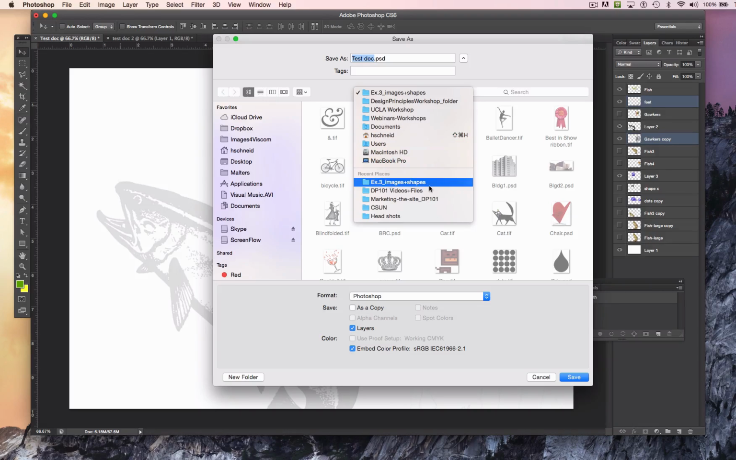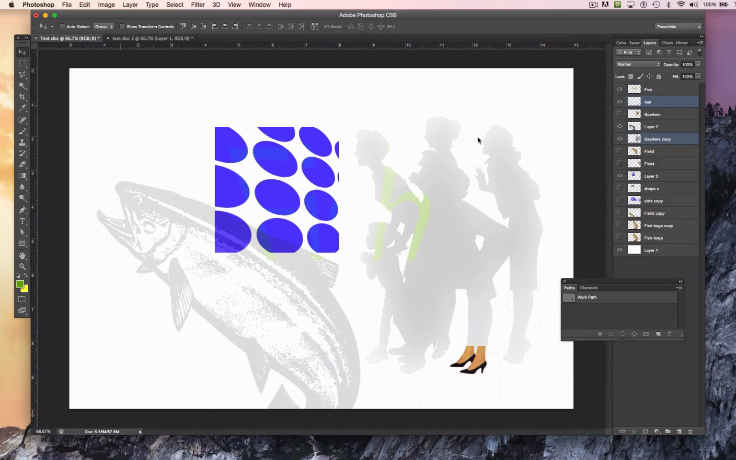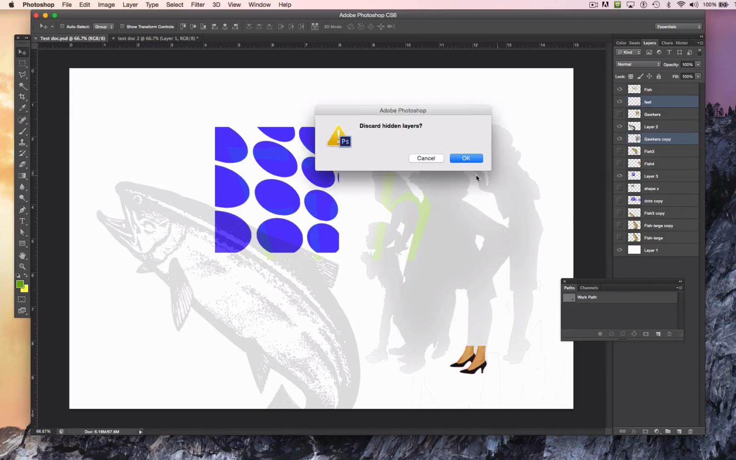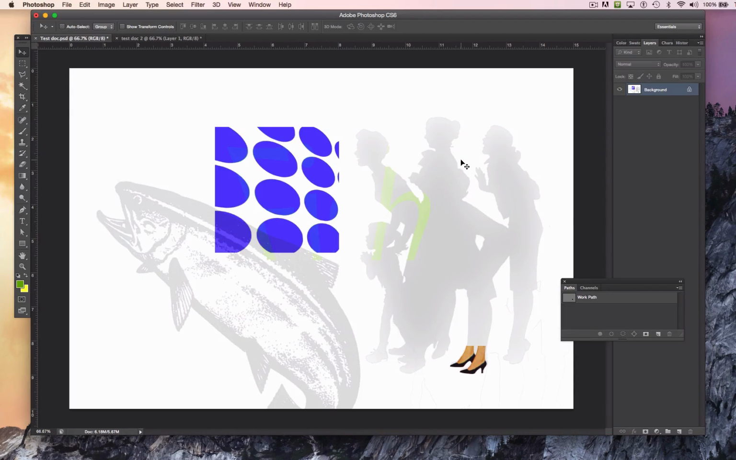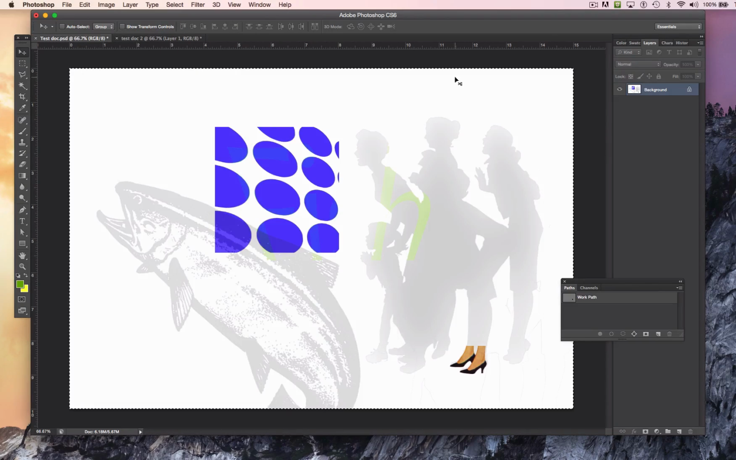Put it right here. I'll save that. And now I'm going to go and flatten the image. Okay. I'm going to do a select all. So now I've got marching ants all the way around the entirety of my image here. Do a Command copy,